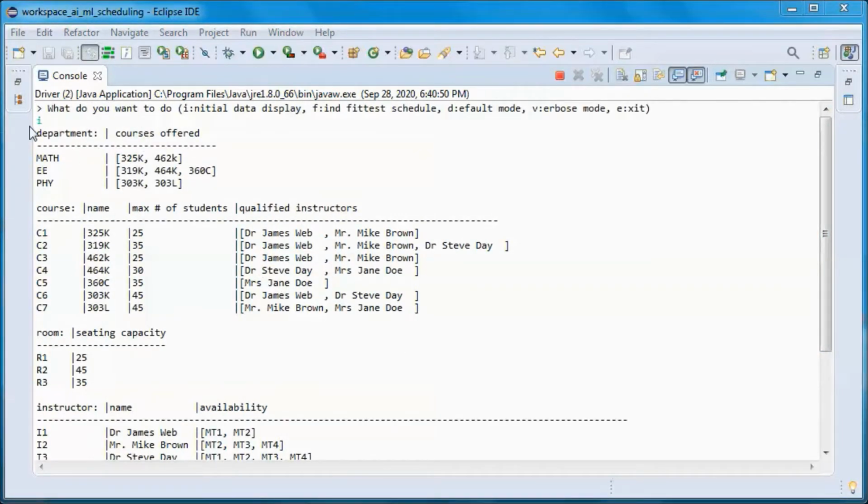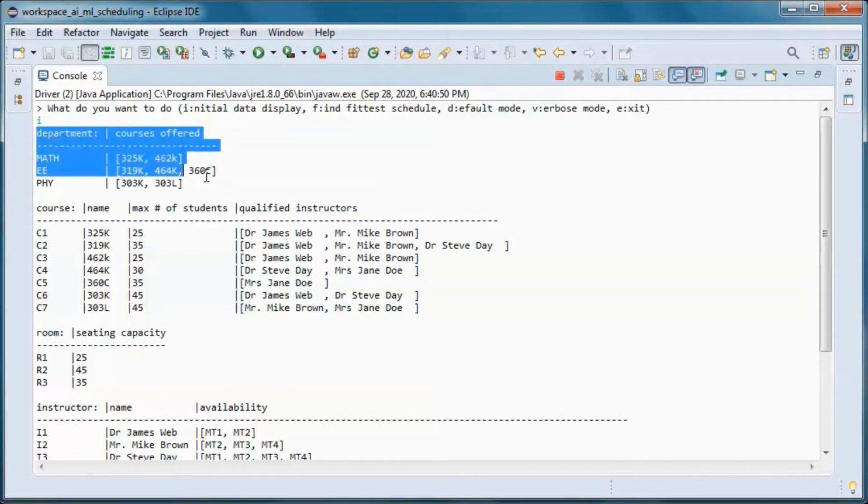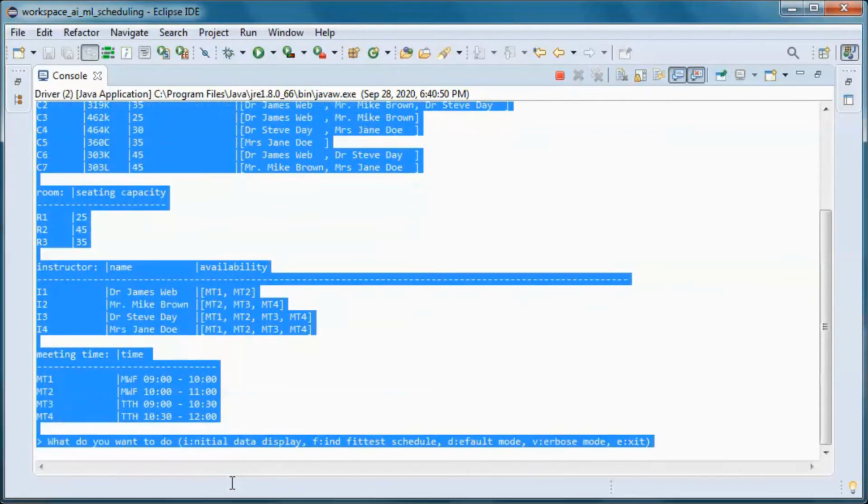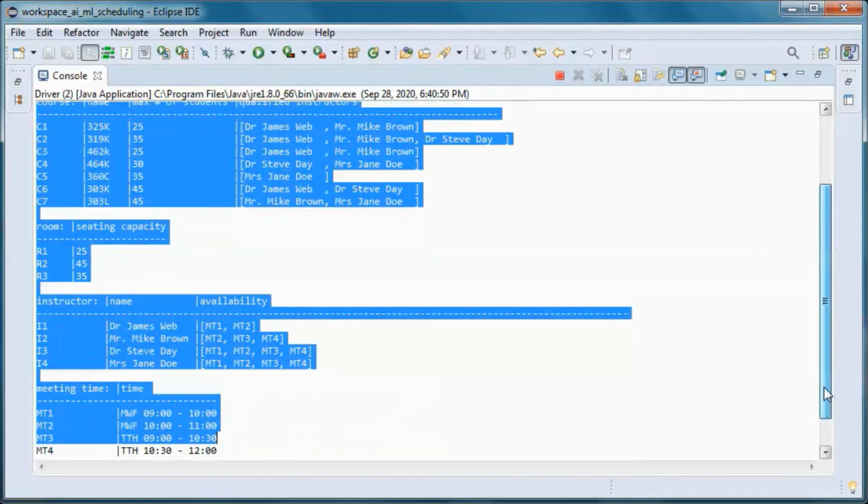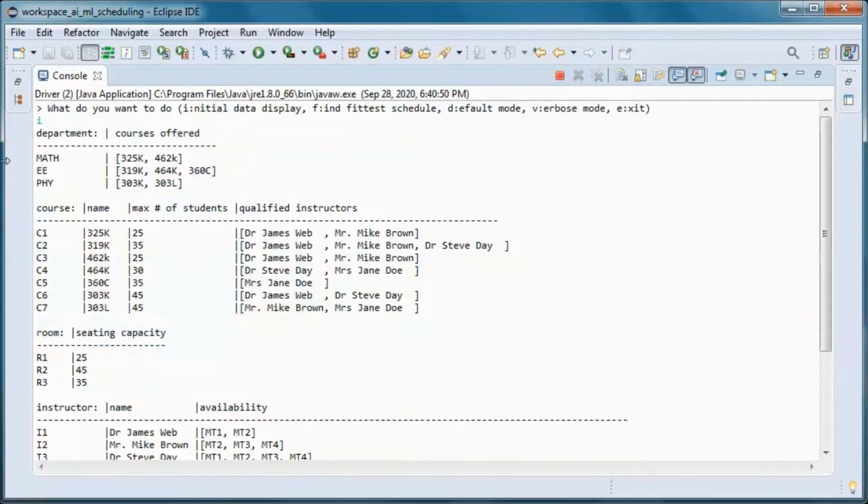So this is available data that we picked up from the database. So we have those three departments, and this department has those two courses offered, and this one those three, and this one those two.